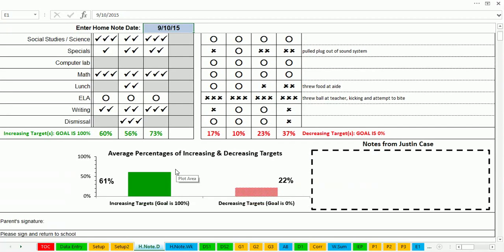And then what occurs is the home note will average these percentages, the increasing and decreasing percentages, to arrive at a total for the day. So if the parent wants to just get the bottom line measure, 61% for increasing target behaviors and 22% for decreasing target behaviors. Now we have a spot for notes over here, and you can